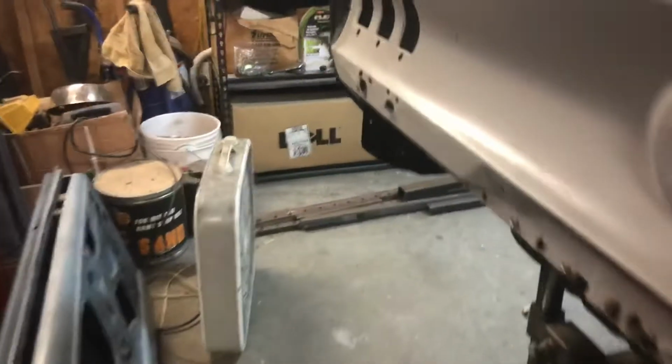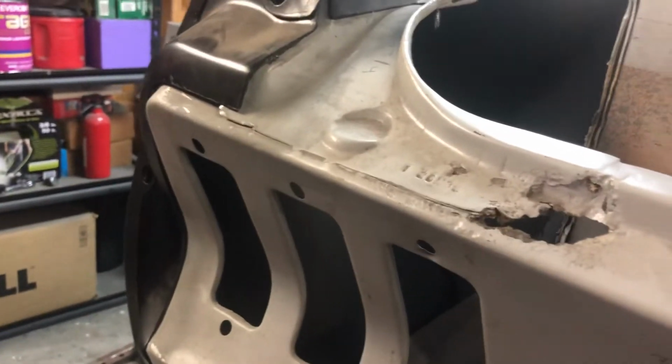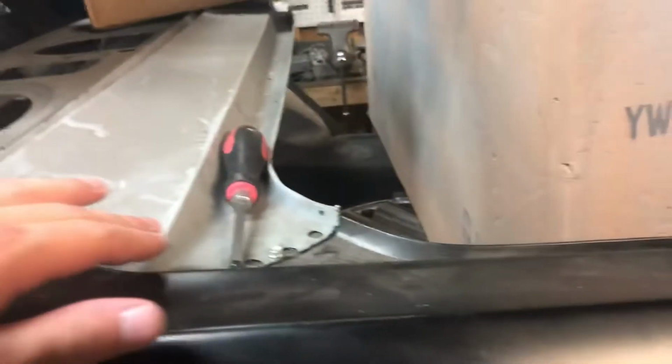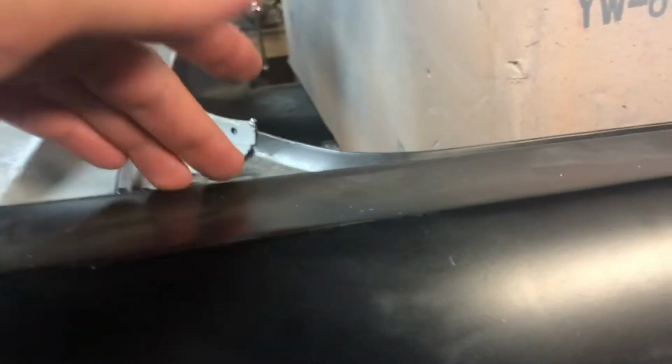I had to get these welding carts up out of the way too, so I threw them up in the attic. But that's where I'm at now. I gotta fab up that piece in the B-pillar, and after that it's laying the trunk lid on to make sure my lines are right for this. Obviously the other quarter's not on, so I can't really get the full fit, but I'll get my gap on this roughly aligned, and then make sure that the gap on this comparison for this 90 or whatever this is